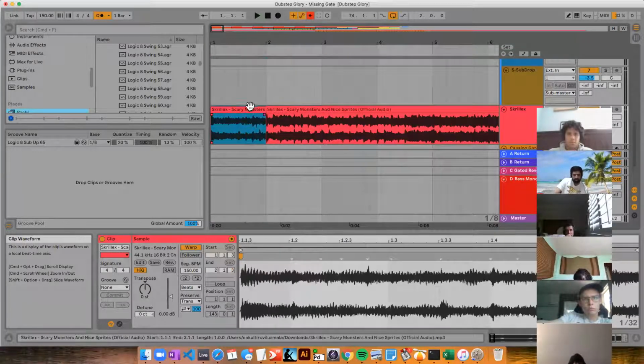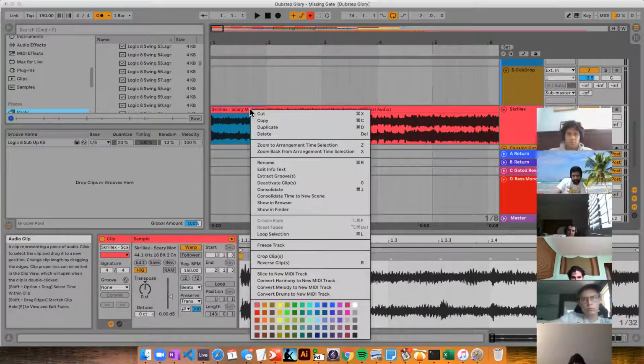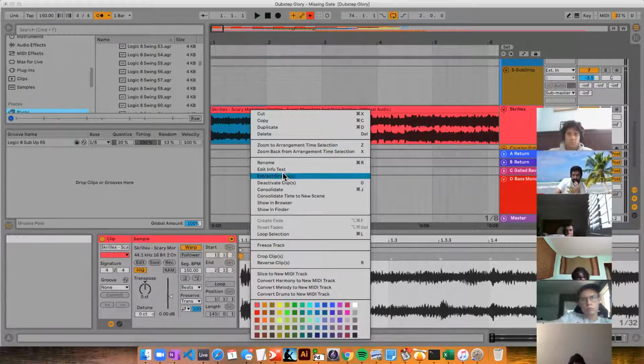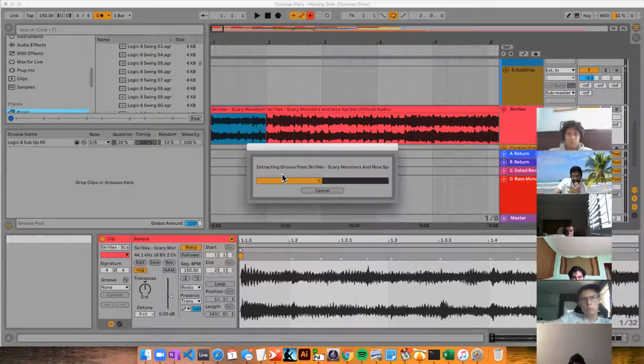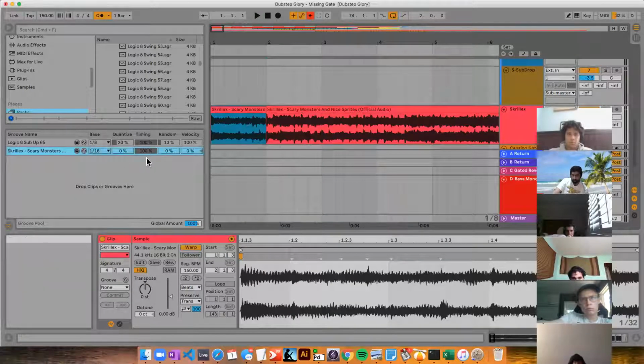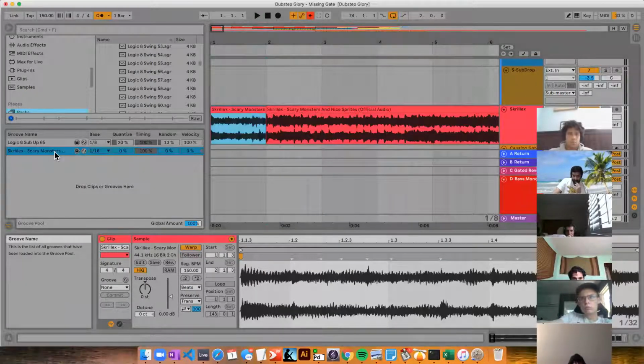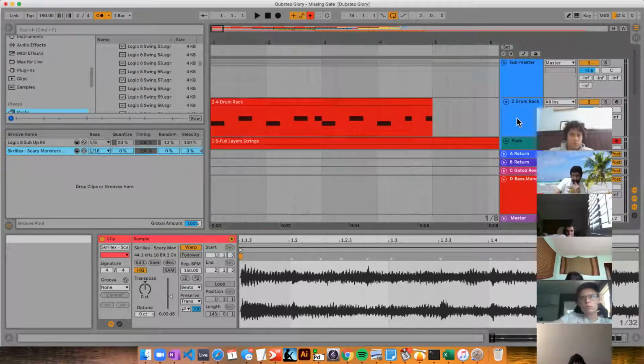So if I do this and I select this particular region and then I right click that, I can actually do extract groove. And it gets stored right here. So the Skrillex groove, if I apply the Skrillex groove over my original drums,